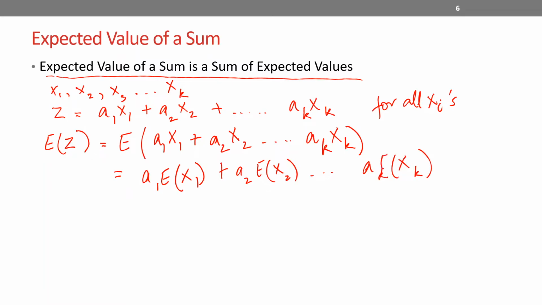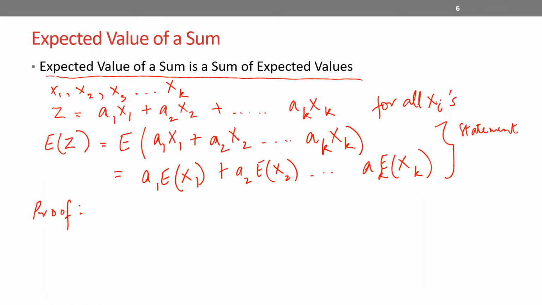Sorry, this has to be E. Okay, so one way of proving that this is equal to this, and this is just a statement until now, and now we have to prove it, is to think about the definition of the expectation, right? So this is my statement, that the expected value of a sum is the sum of the expected values. Now for the proof,